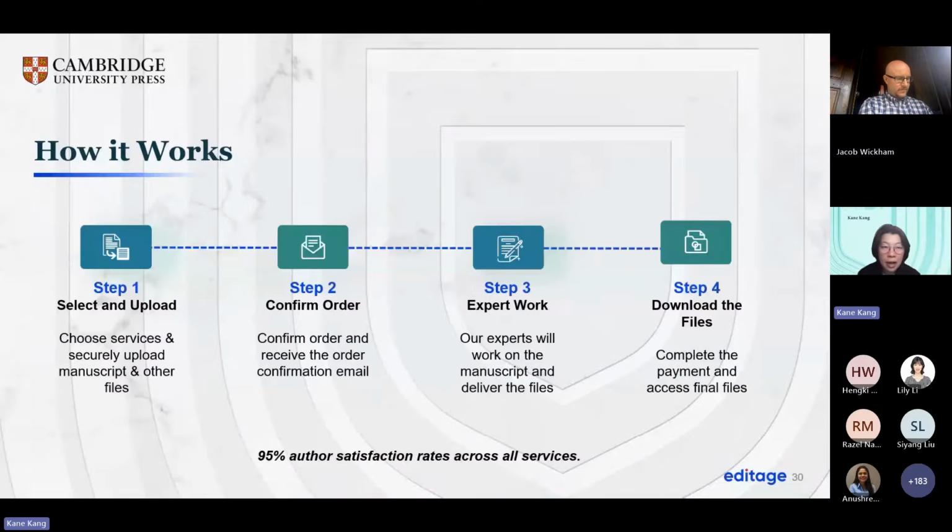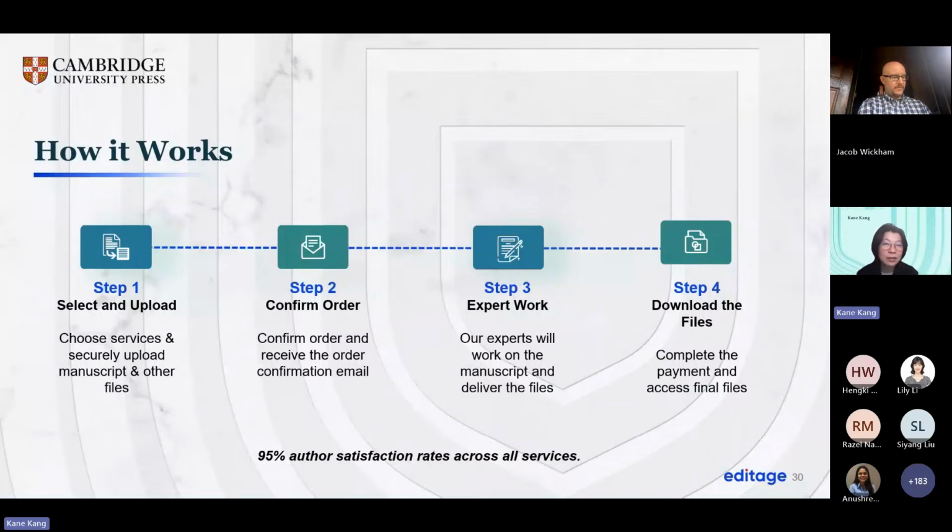So how it works: four steps. First, you select a service and upload. If you want language editing, choose that, upload your manuscript, and confirm the order. Then we will ask experts to work on those manuscripts. When we finish, we will email you.